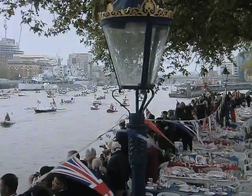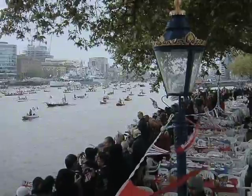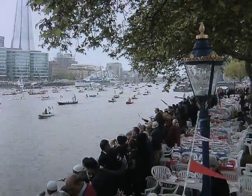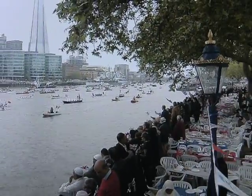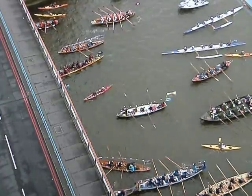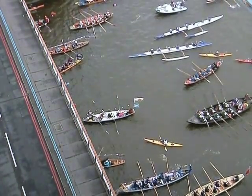So not too much wind, Tom. Everything looking pretty good so far. No, it really has worked out for the best. I can't believe how lucky we've been, because the weather forecast looked extremely iffy. Nobody could have really predicted what was going to happen with the weather front that was hanging around over London. But isn't it great to see all these boats rowed by these fine, strong...